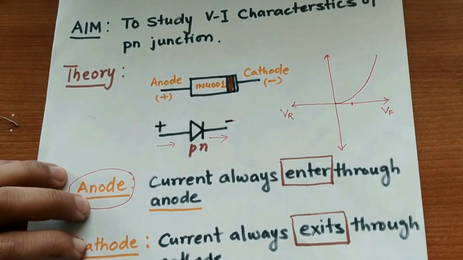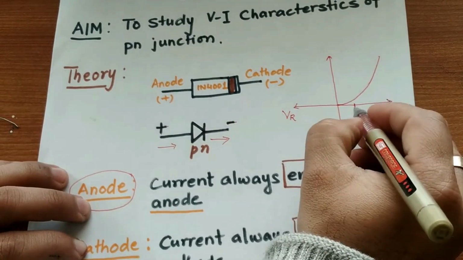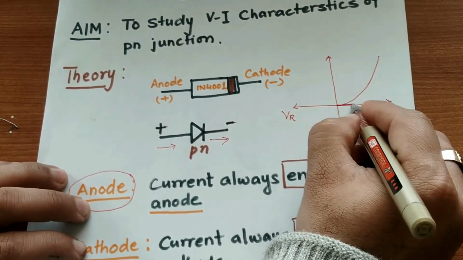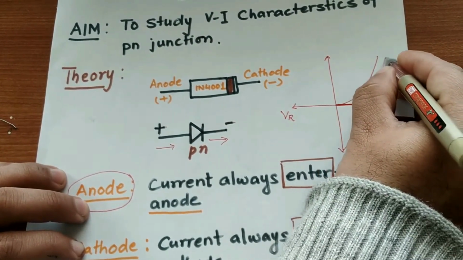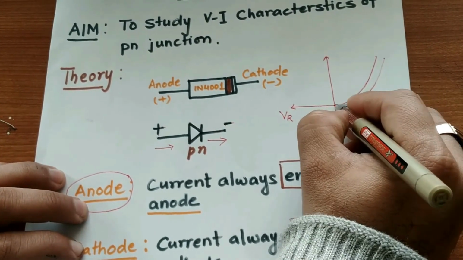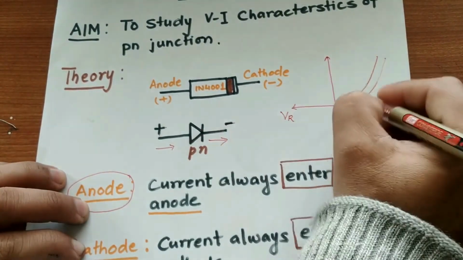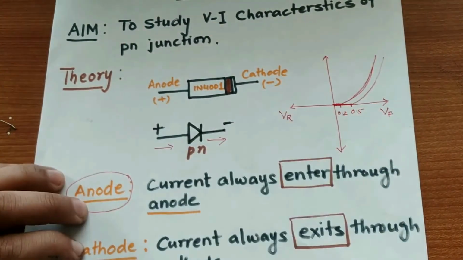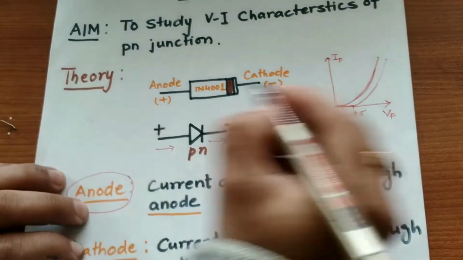According to that cut-in voltage, the diode will operate. For example, if a diode has a cut-in voltage of 0.5, 0.7 or 0.2, then the diode works accordingly. Current will not flow for this 0.2 duration, but it will start flowing after it. The current you get here, the IF, will be in